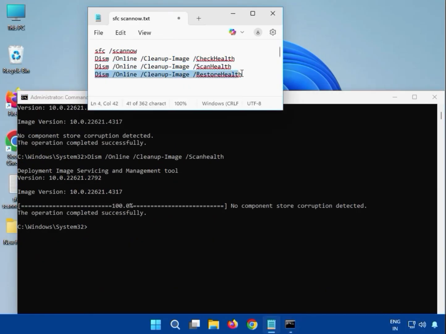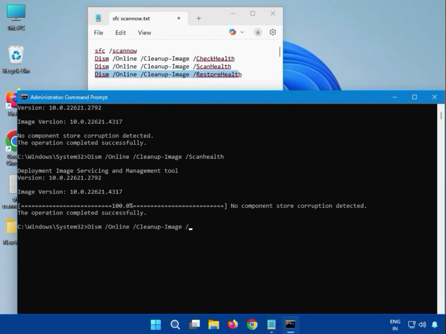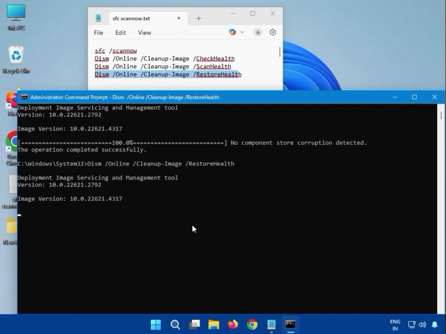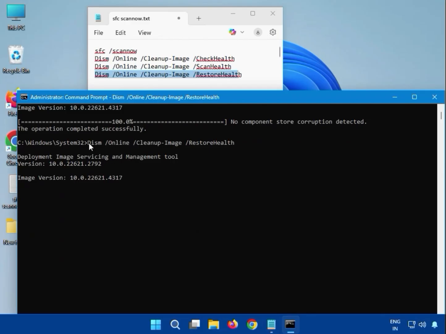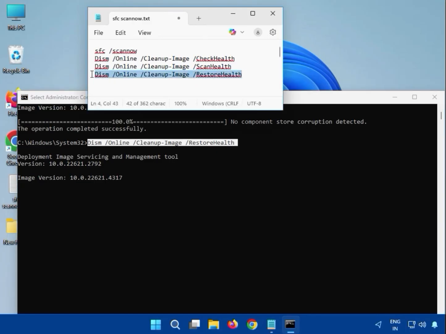Then guys, the fourth one, which is restore health. You can see here, we can enter it like DISM and so on. And please note small and capital letters. Okay, restore health, and then hit enter. Again guys, you have to wait. Okay, the percentage starts. It will complete. After that, you can see here